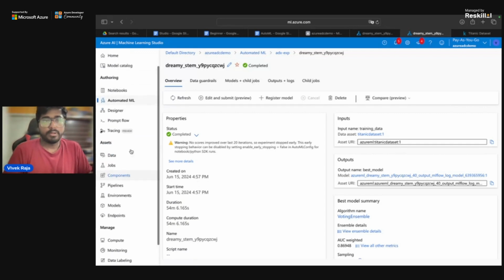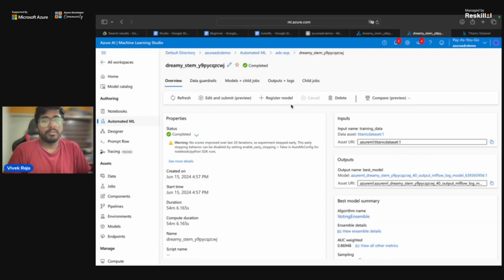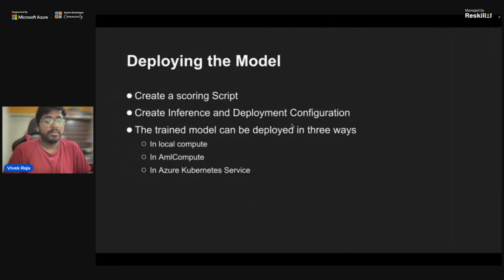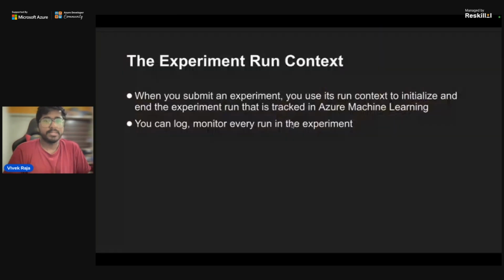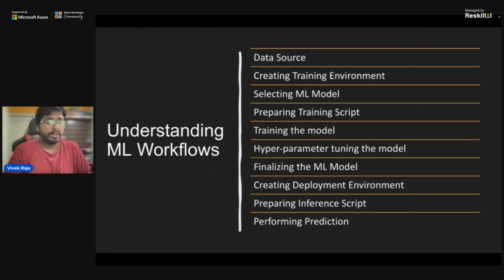So today we have learned a lot of new stuff, if you are a newbie to this. We were able to do the data source training, selecting the machine learning model, and the training script, which is done by Azure itself, and we also got hyperparameter tuning and a lot of other stuff. So we have learned a pretty good deal about how to get started with machine learning if you're a beginner, and how to train your machine learning models in the cloud with your own use case.